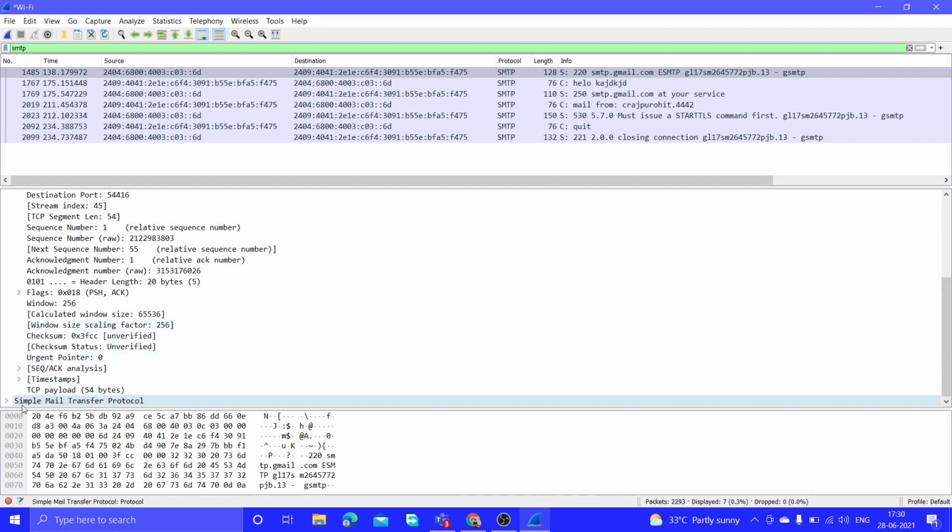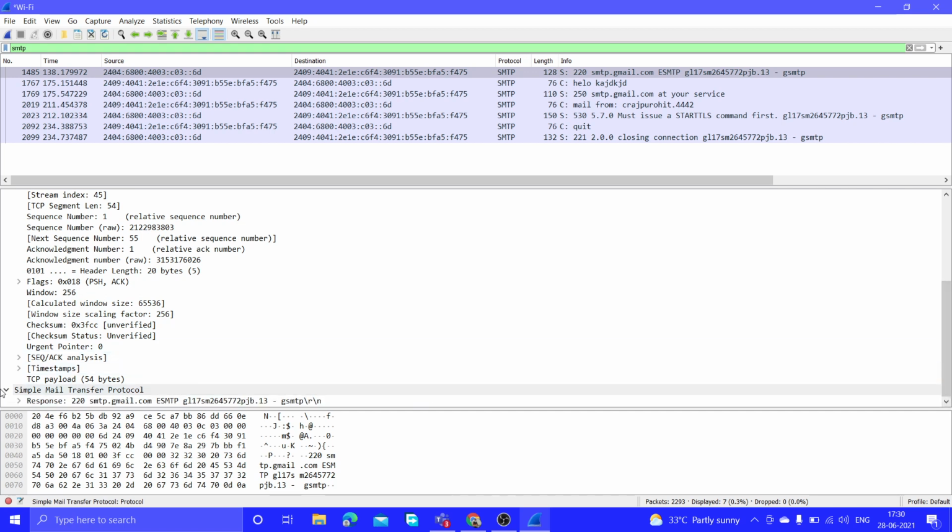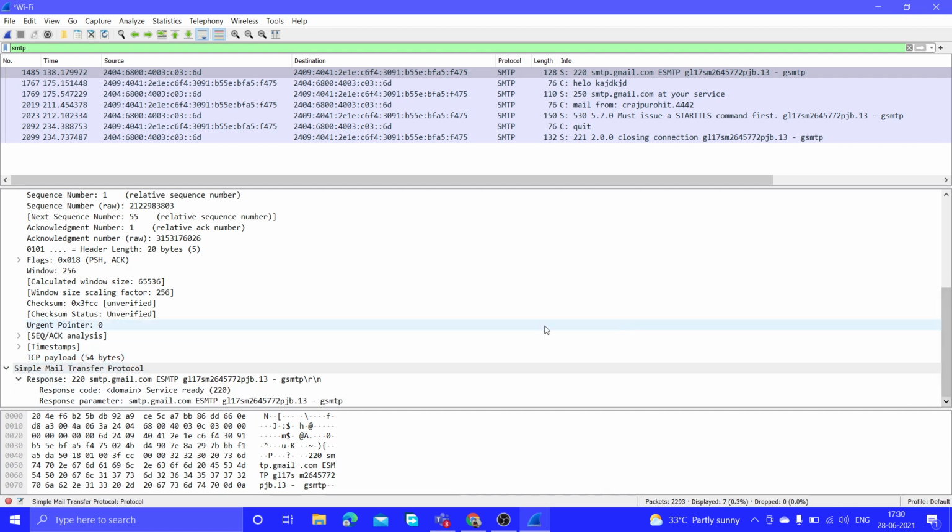And we'll observe our Simple Mail Transfer Protocol. It will show two things: one is the response code, and second is the response parameter. The response code is domain service ready, and the response parameter is the server name.